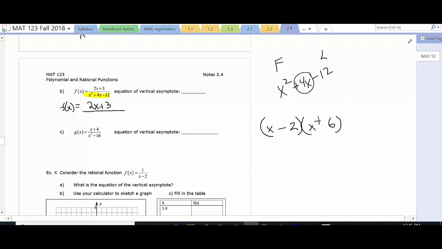Minus 2 plus 6. Good. Okay, that's it. All right. So what you would have is x minus 2, then you'd have x plus 6 like that. That's the factoring that goes on. Now, what you want to do, and you can do this in your head,